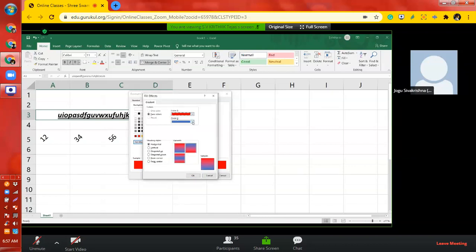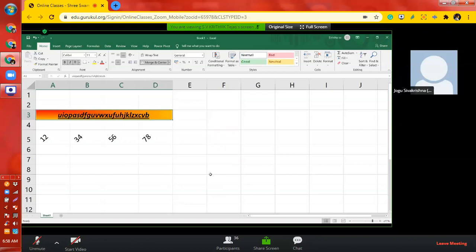You can select any colors. For color 2, you can take yellow or green. Okay. Vertical shading, vertical, diagonal up and diagonal down. You can say from corners also, from center also. You can take any one among them. You can click OK, and there also you can select OK. You can see that the gradient background is taken there.